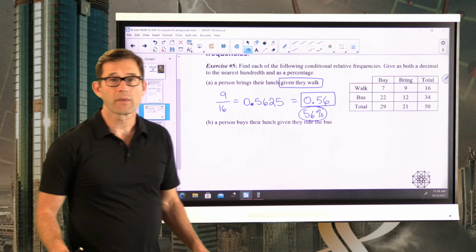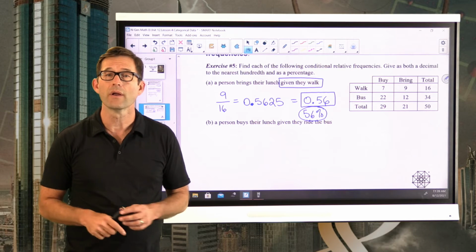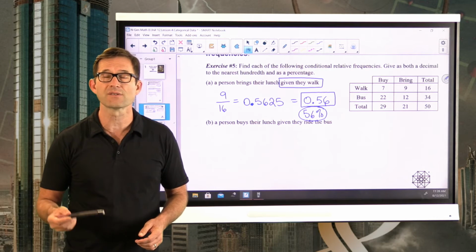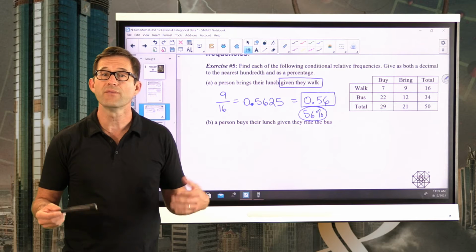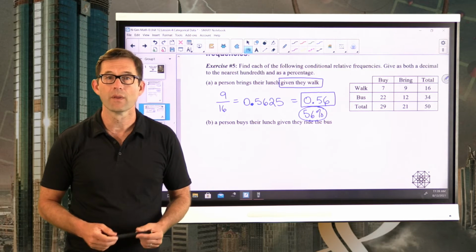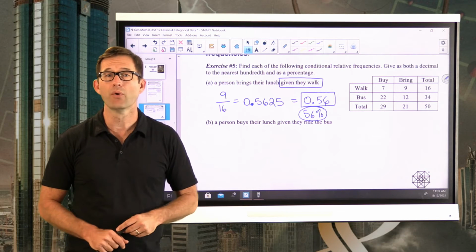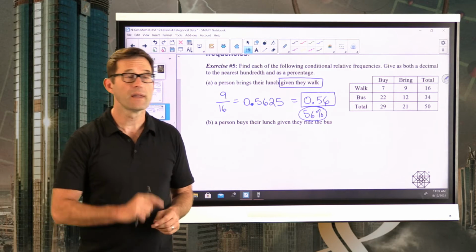Now, I want you to realize what we found here, right? What we found here is the fact that 56%, right? 56% of all the people that walked to school brought their lunch. That's all we found. We're not worried at all about the people who rode the bus. Let's take a look